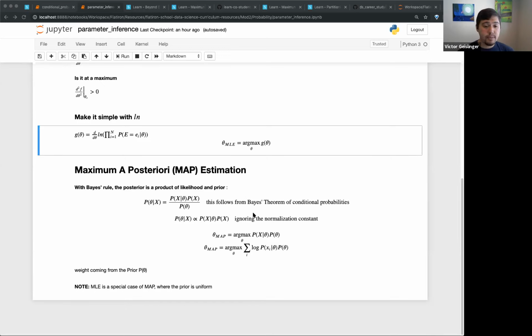Note that we start off with Bayes' theorem, P(theta given x), where x is the event. We can say this is proportional, because we don't really care about the exact value. We're just going to find the maximum, and it doesn't matter if it's divided by a constant. We can think of this P(x) essentially as a constant. It doesn't change, it's just a number. So let's just get rid of that.